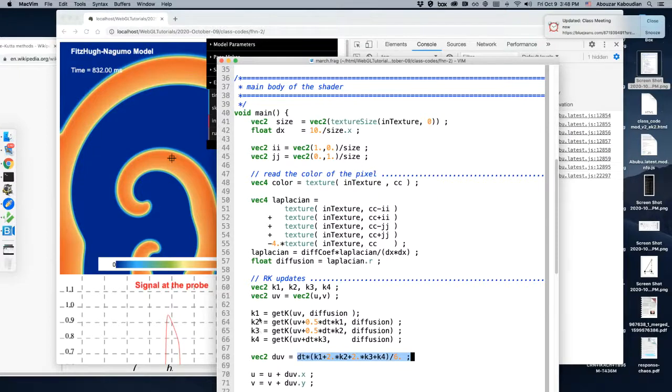I would say you at least need to calculate K1 in a separate solver, K2 in a separate solver, K3 in a separate solver, and the last step, when K4 is calculated, can be the last step. So you would need at least 4 solvers to do a single time update,